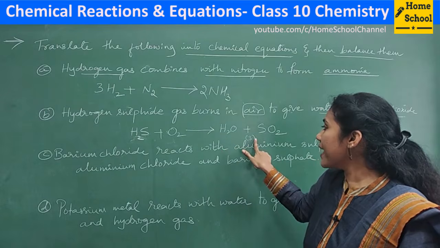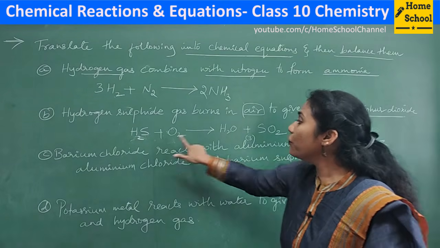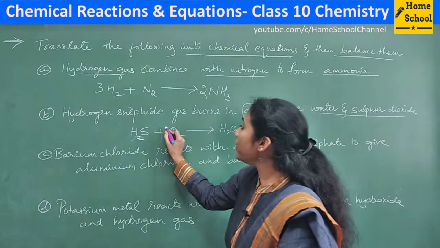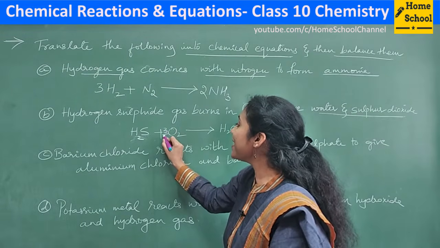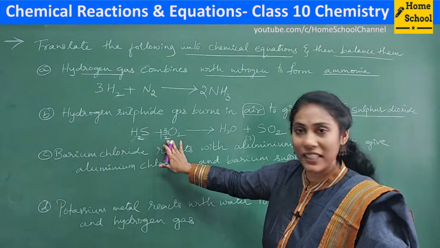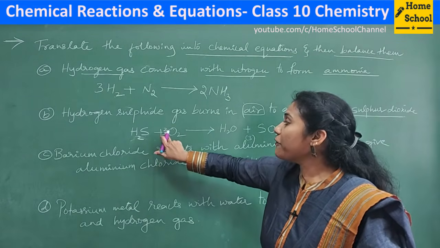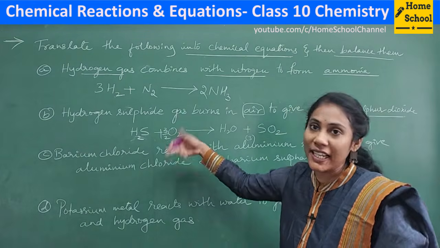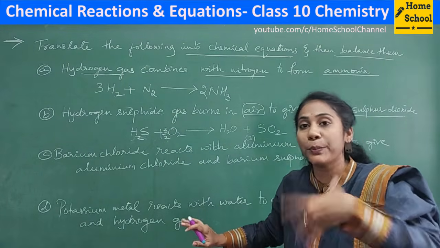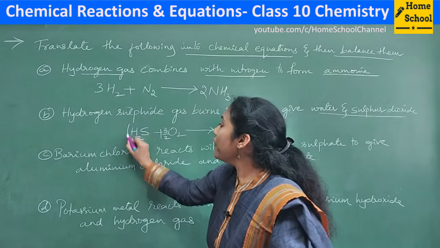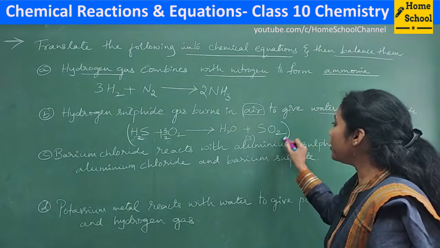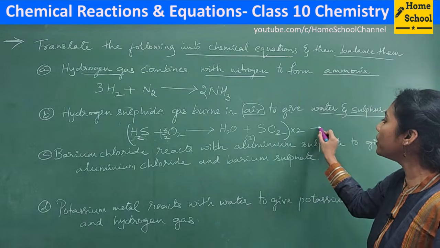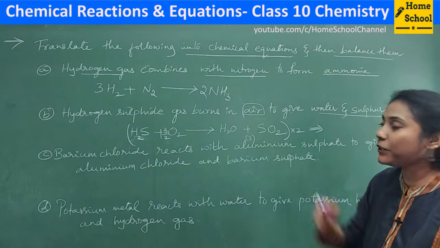Here 3 oxygens are there in the product side. You want 3 oxygen atoms in the reactant side. So what you can do is put 3 by 2. You want 3 atoms for the reactant, right? So put the fraction 3 by 2. Now you cannot keep the fraction like that in the equation. You should remove that fraction. So when you have to remove that fraction, the whole equation you multiply by 2.